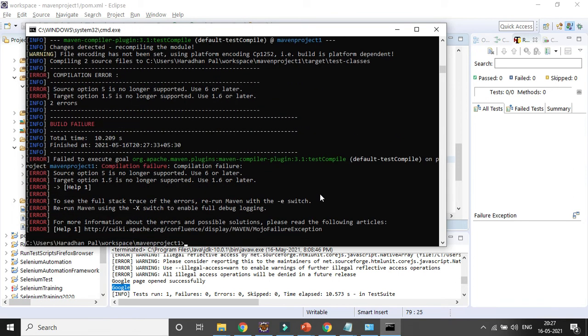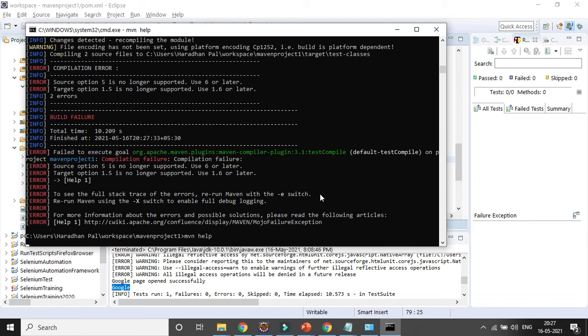Okay, you can see now some error is coming, compilation error, right? And if you want help here, you can get Maven help, to get the details of the help.